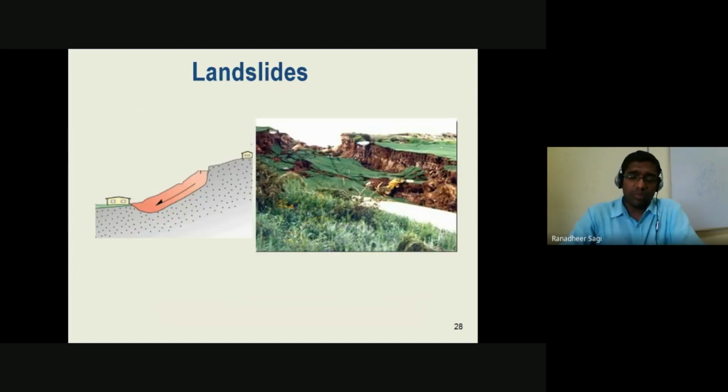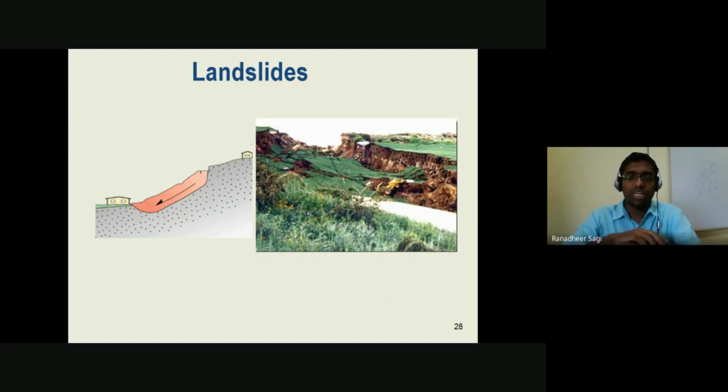And it's also very important for us to understand the properties of the soil, to know which are the particular places where you have the possible failures that are expected to happen. It could be landslide failure, or maybe slope stability failures that you are going to come across. All that we can know only when we know how the properties of the soil are, what the various forces applied on those sloping surfaces are, what the driving forces trying to cause the failure in that sloping surface are, and what resisting force the soil can offer against the failure.